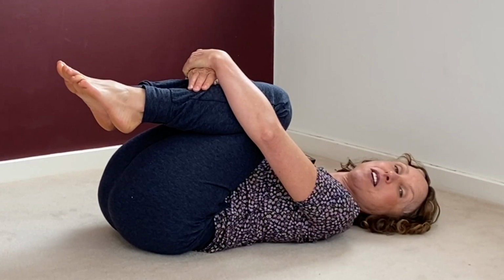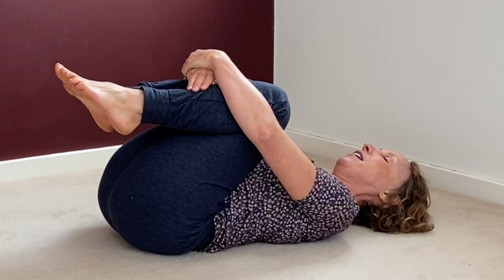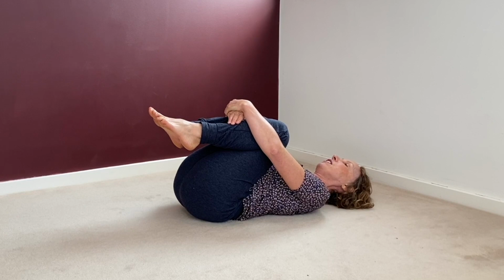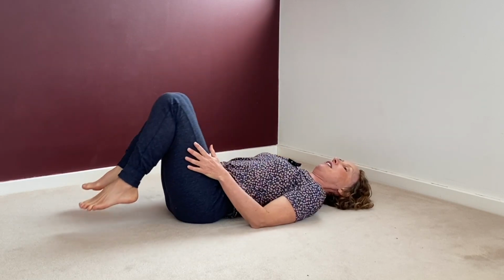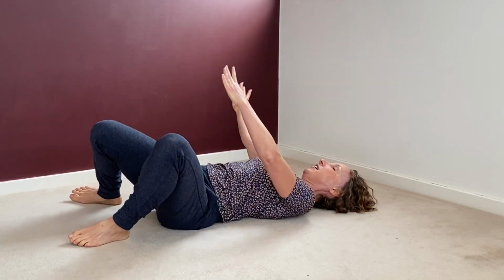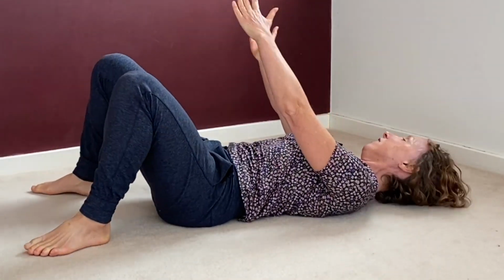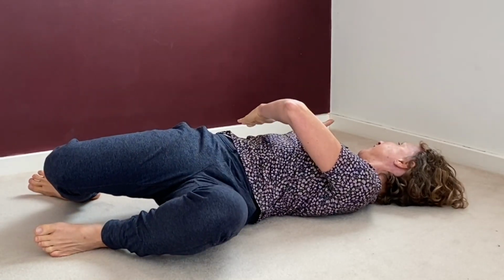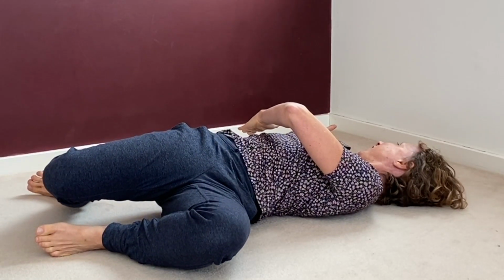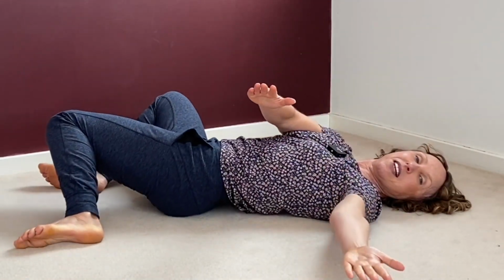So next one is a little bit of a twist, a bit of rotation through our hips and spine. So if you don't know it, have a look at what I'm doing first. Feet about hip width, and then I'm reaching across. It's called windscreen wiper, and I'm reaching away from my knees. The knees are turning one way and reach the other way. And you can add on breath, exhale,